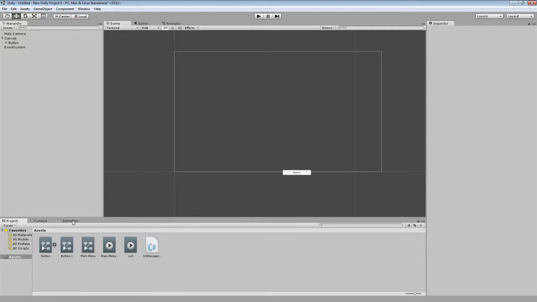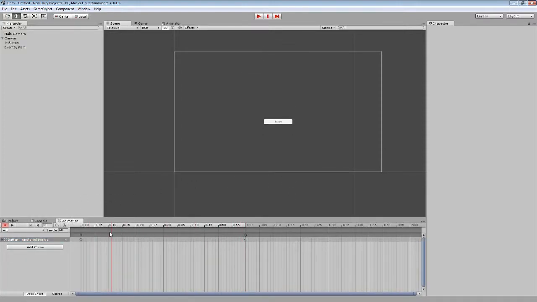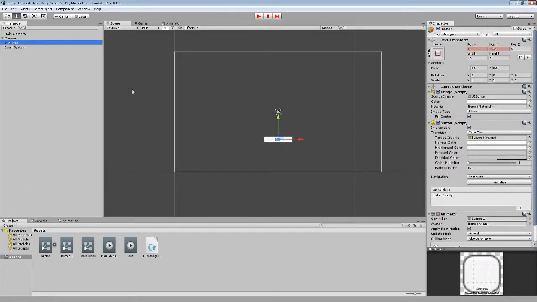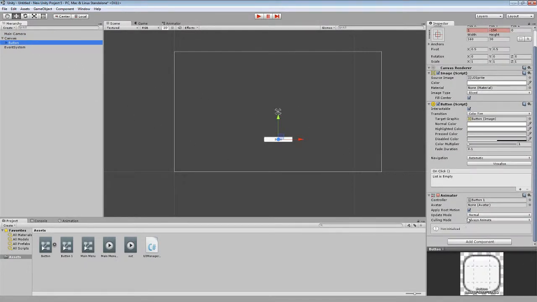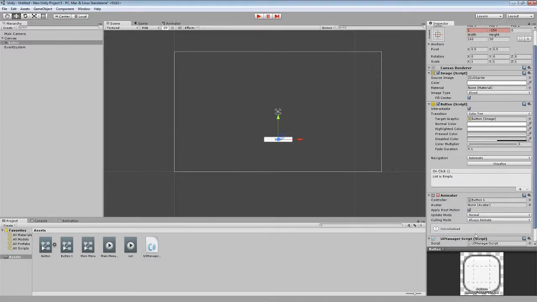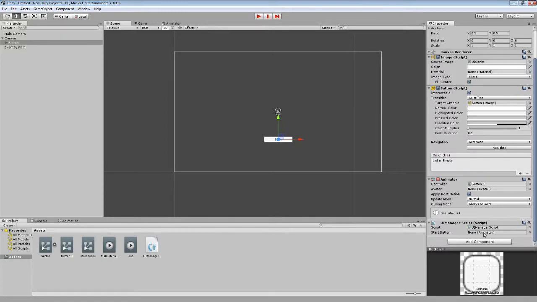We want to look at the scene, make sure our animation works, which it does. And what we will do next is click on button. Then we need to add a component to the button. You add component and look for UI Manager script. Once you find that, it needs a start button, and this is our button. So we'll drag button over there to that,